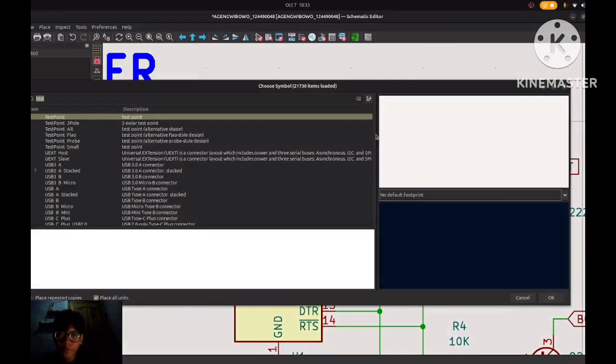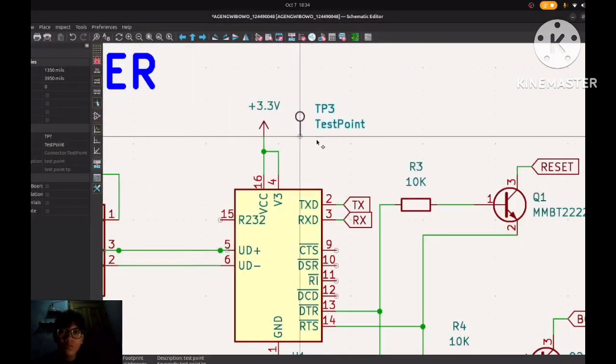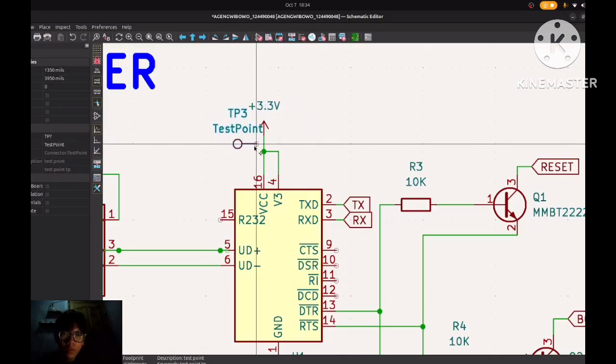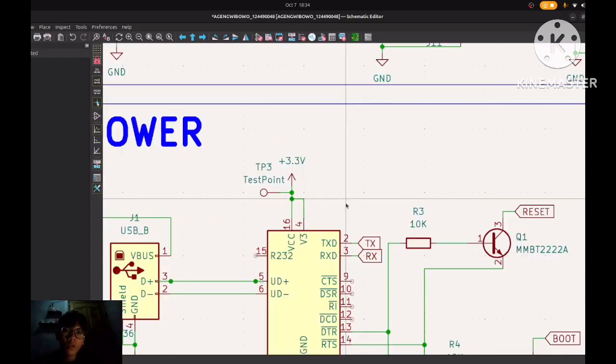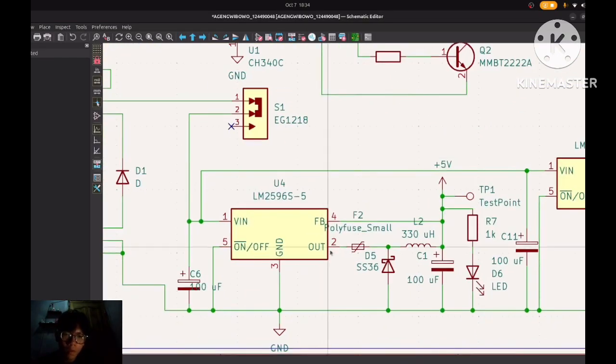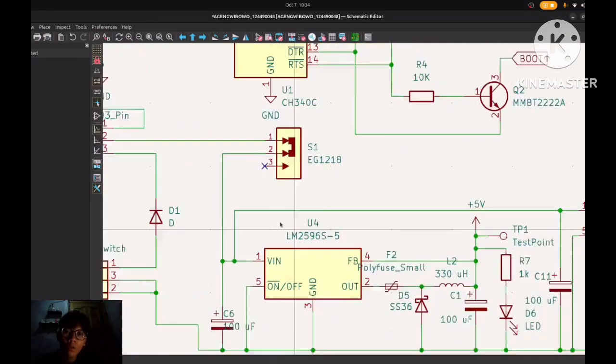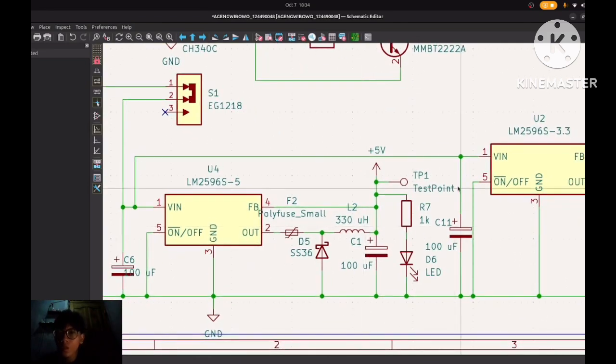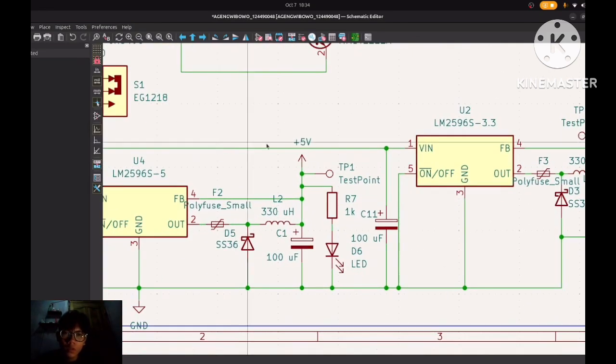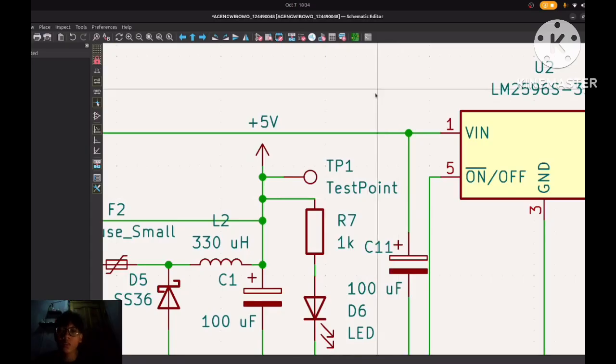Once done, next, give a value to the test point.